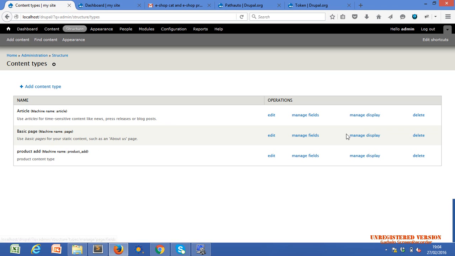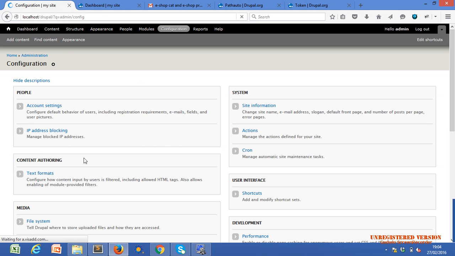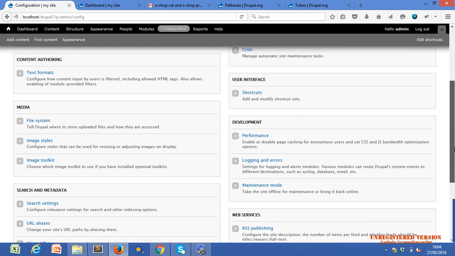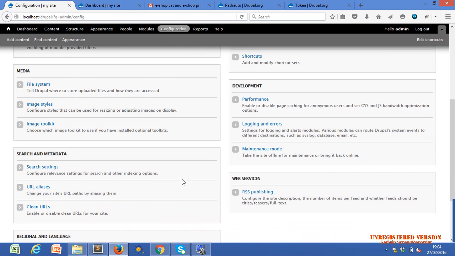No. Not in the configuration also. URL alias. Here is the functionality. Let me see again.